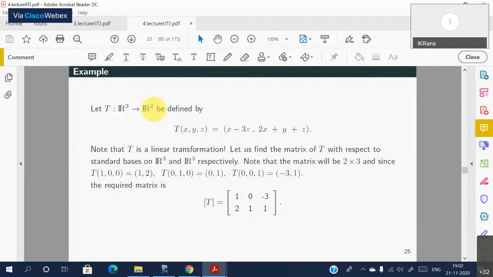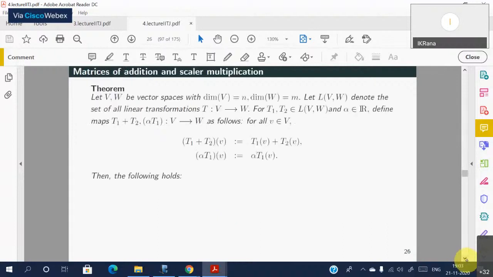If you change the basis, either in the domain or in the range, then accordingly the matrix will change, and you will have a different representation. For that you need to work out, once again, you will need the help of the row echelon form of a matrix. That will be useful in computing those things.